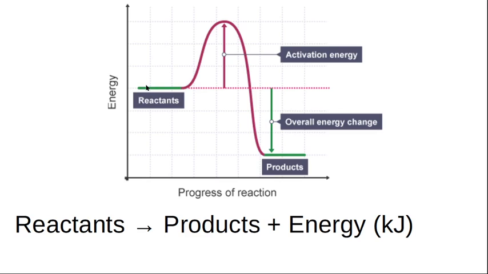Now remember, for any reaction to occur, we always start out with a certain amount of energy in our reactants. It depends on the nature of the bonds in the reactants how much energy the reactants have. And the same thing with the products. All reactions have a certain amount of energy in the products, and that energy is tied up in the bonds, okay? But for any reaction to occur, this is obviously an exothermic reaction, but whether the reaction is exothermic or endothermic, every reaction starts out with the reactants at a certain amount of energy, and then energy needs to be